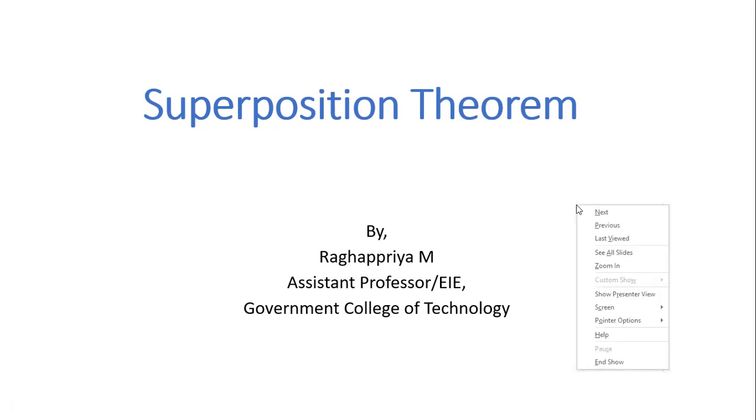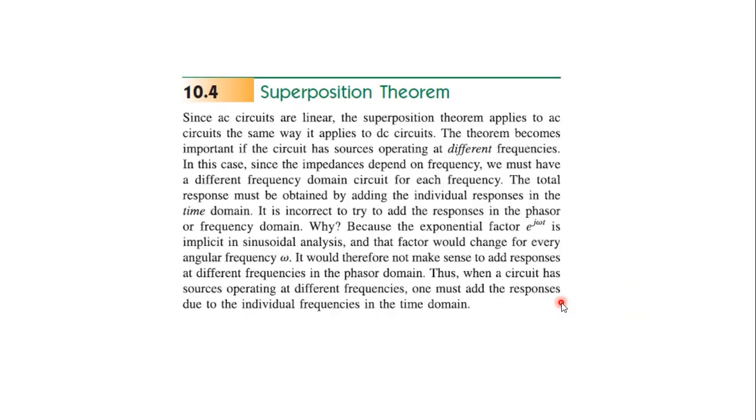In this video, we are going to discuss the superposition theorem. This superposition theorem states that when there are more than one sources connected to the circuit, that is, when we have two or more sources connected to the circuit, the voltage or current across any individual element is found by adding up the sum of responses of the elements when the individual sources are considered alone.